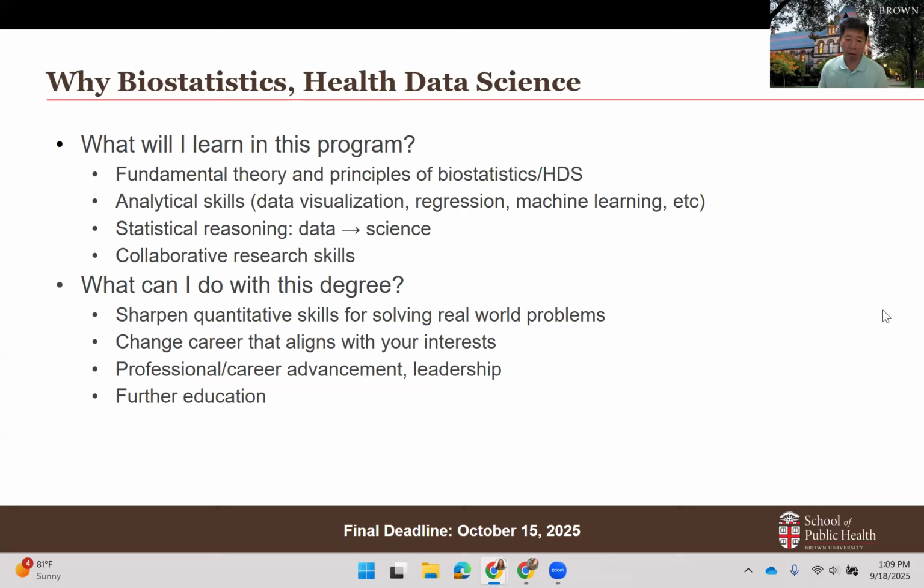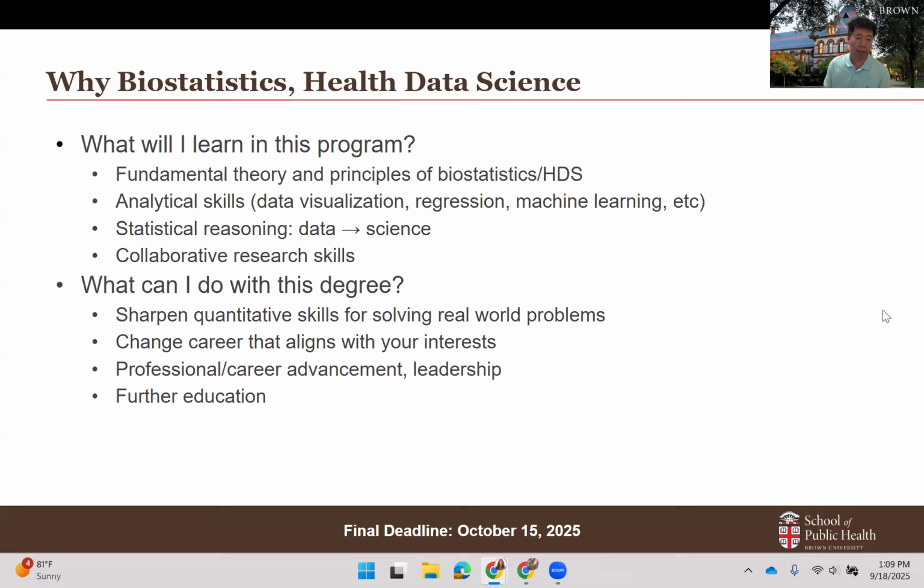If you are already in the field of biostatistics with a master's degree, maybe you can move to a leadership position, working with a group of statisticians and providing some group-level leadership.